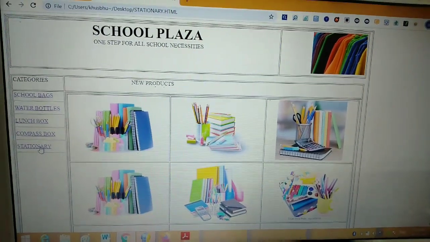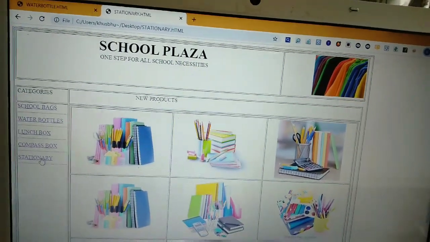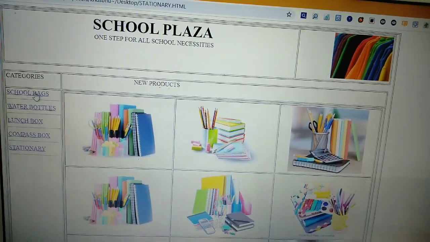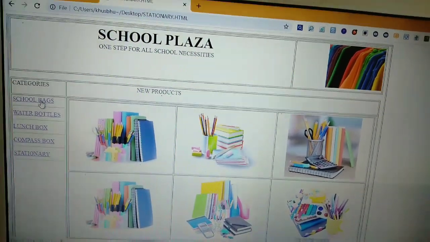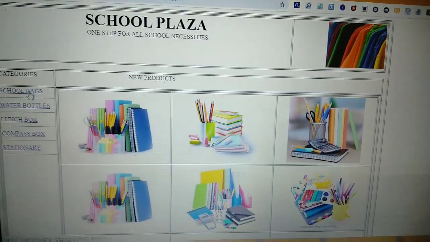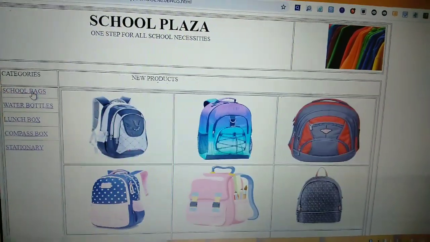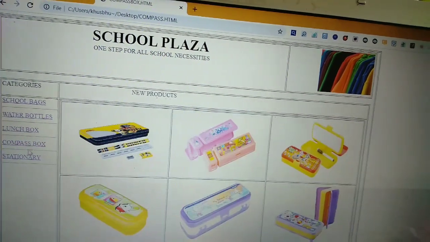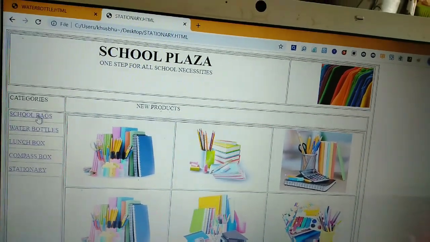So you have to create a website like this for school, and you have to create 5 different web pages. How many web pages? 5 different pages. In your first chapter you have already created a registration form, but you created only one page. In this website we have to create 5 different pages. How many pages? 5 pages. It is very simple. You have to create only one page and then copy paste all the pages.